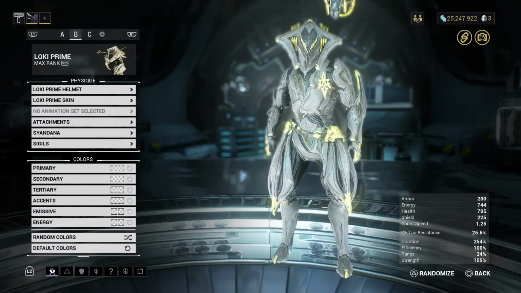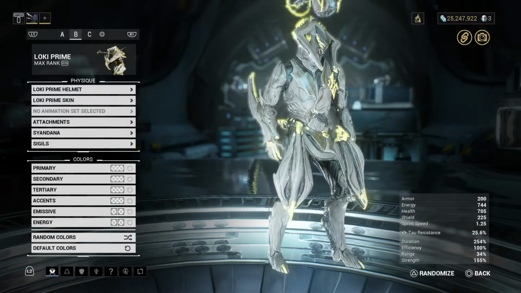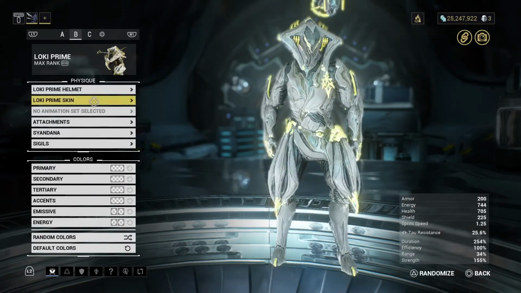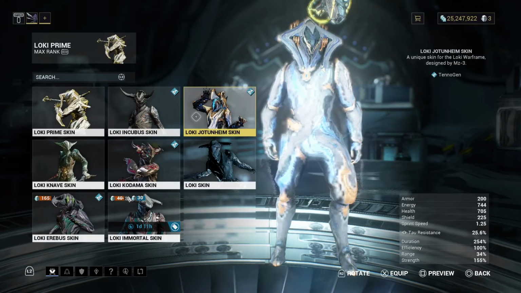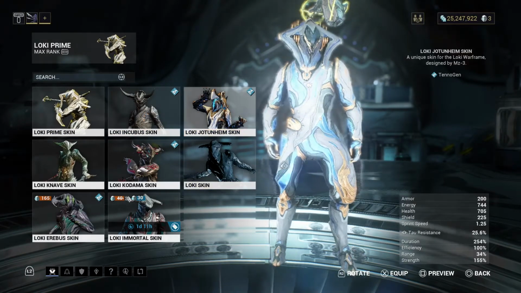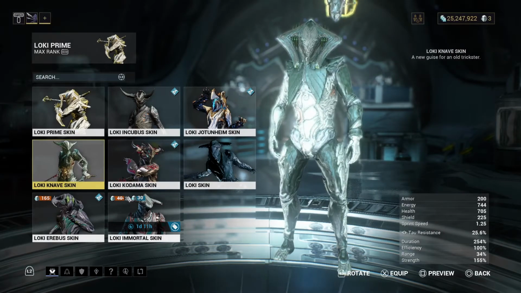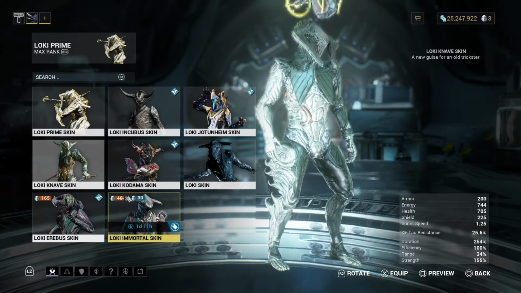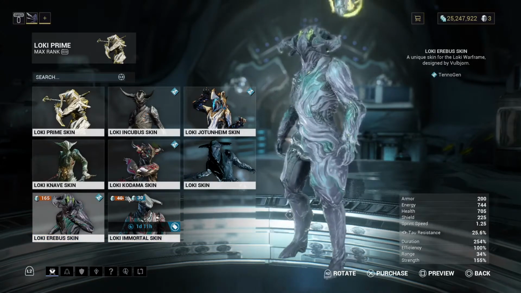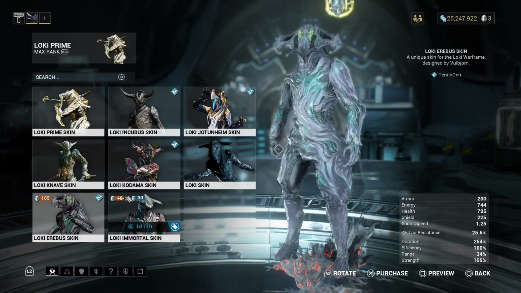And Loki Prime just looks amazing. Maybe a bit biased, but he does look awesome. And he's got some pretty awesome skins. I mean, Incubus is pretty solid. Jotunheim is insane. Kodama. Knave, yeah, I'm just not sure about this little flappy bit. Erebus, I don't know why I haven't got Erebus yet. An infested looking Loki is...